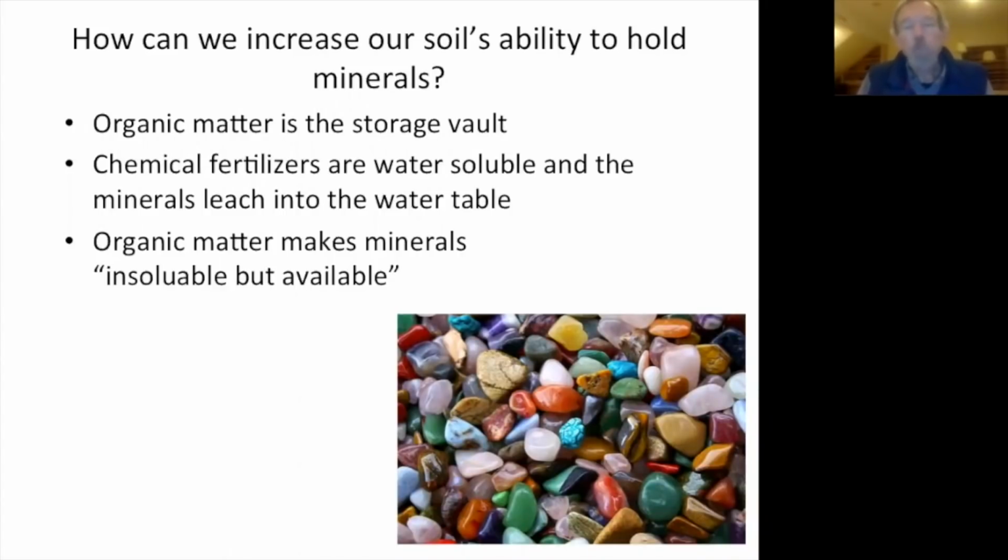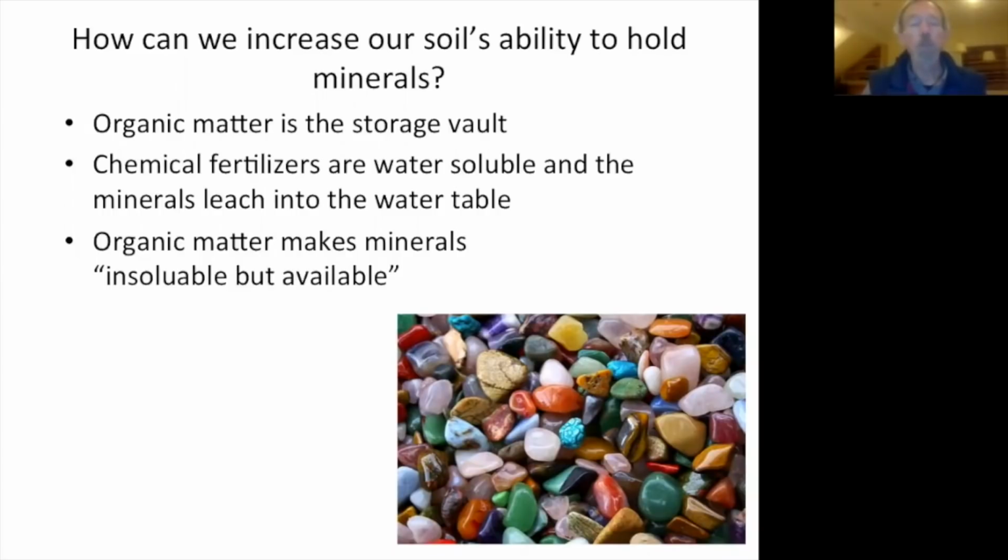And those are water-soluble, so they'll just wash down into the water table in the rain and contaminate wells. And anywhere where there's been a lot of chemical farming done for very long, the wells are contaminated. Like 80% of the wells in the US Midwest are contaminated with high to toxic levels of chemicals from chemical agriculture. So organic matter really is the way that we store and hold on to minerals, because what organic matter